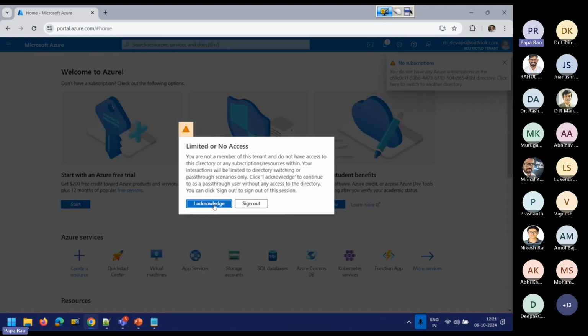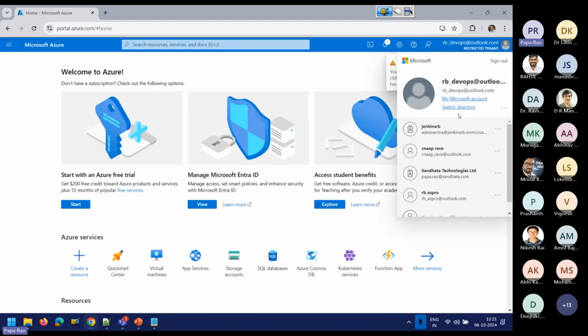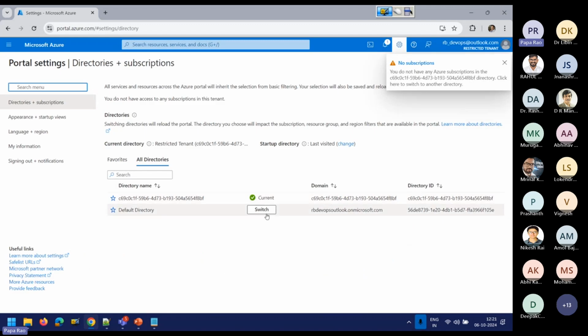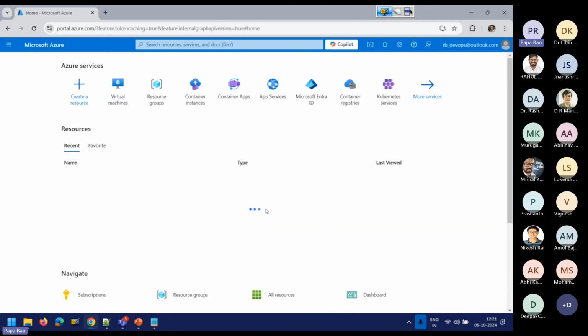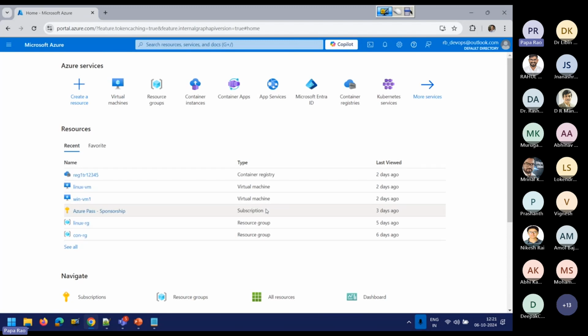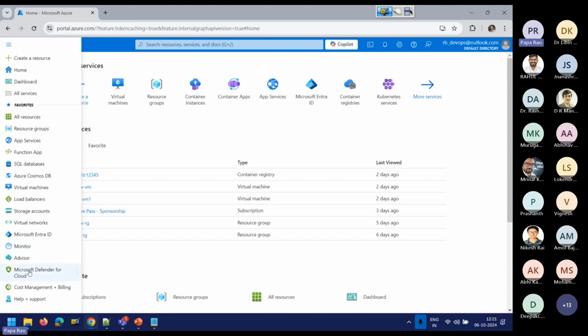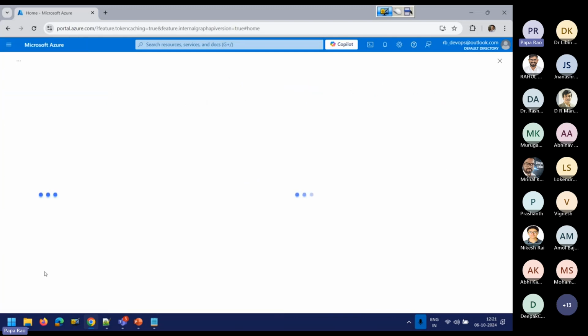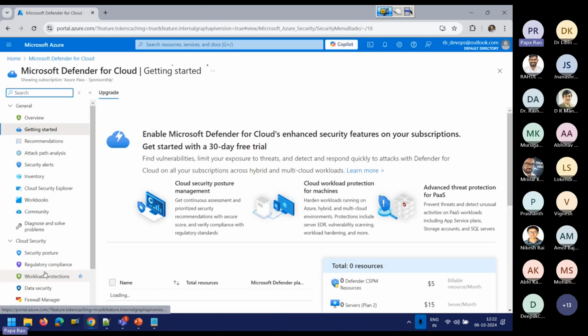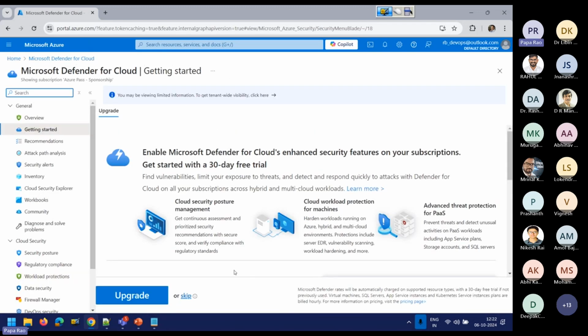Look at this. If I go to Microsoft Defender for Cloud, you will have an option like this: